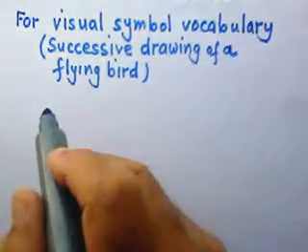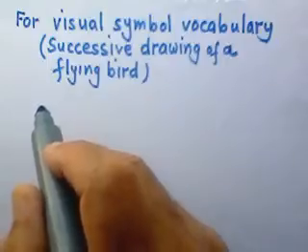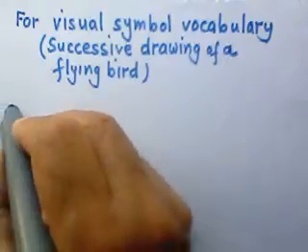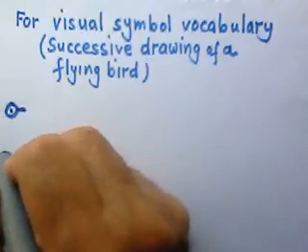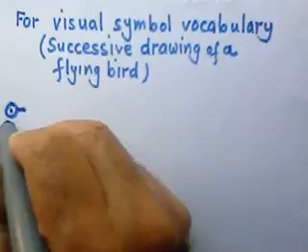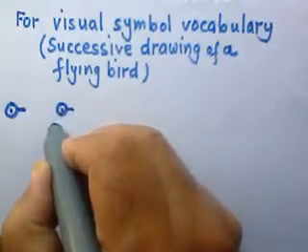Today we will learn about successive drawing of a flying bird. Make a small circle, put a dot inside it, and put a dash here. Then again make the same thing